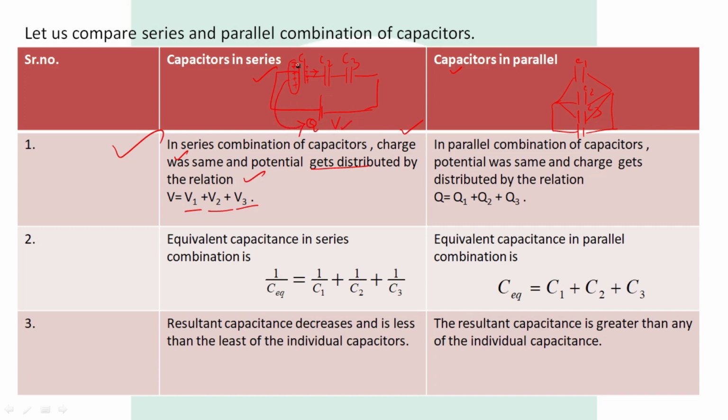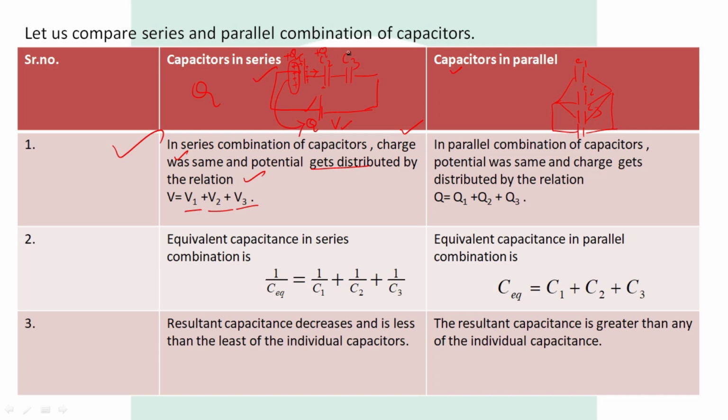Okay. And because of one-to-one interaction, that is one positive will attract one negative, one positive will attract one negative, so it means equal amount of positive charge will develop over here. So if here plus Q charge, then here will be plus Q charge. It means total charge on each capacitor will remain the same, that is Q. And Q is the charge on the battery.